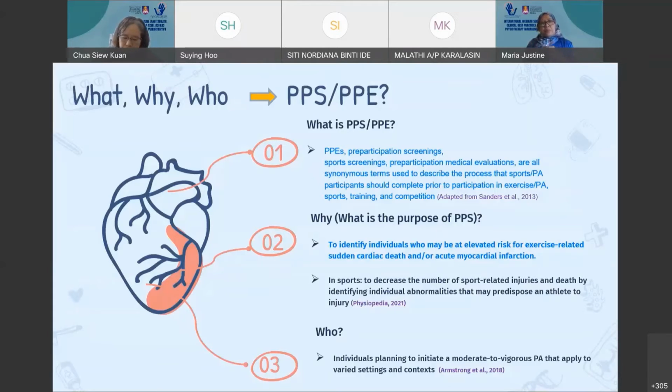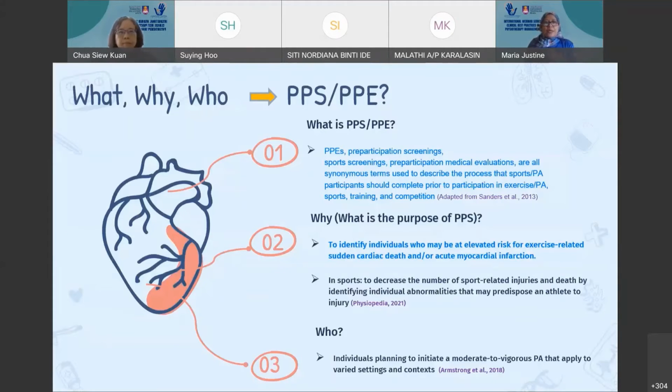PPE, or pre-participation examinations, pre-participation screenings, sports screenings, and pre-participation medical screening are synonymous terms used to describe the process that participants should complete prior to participation in exercise or physical activity or sports or training or